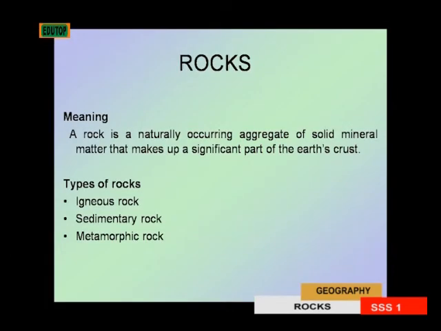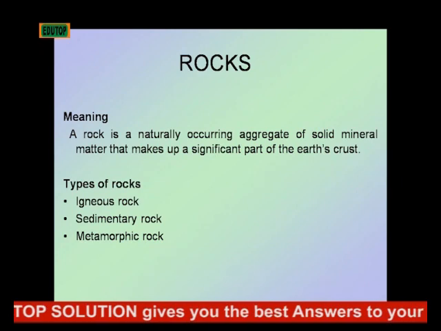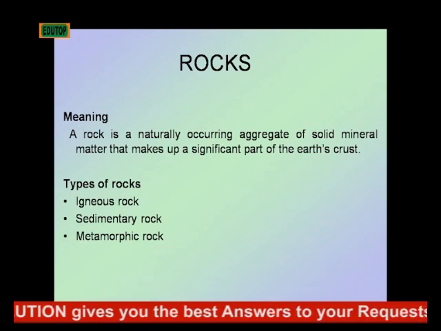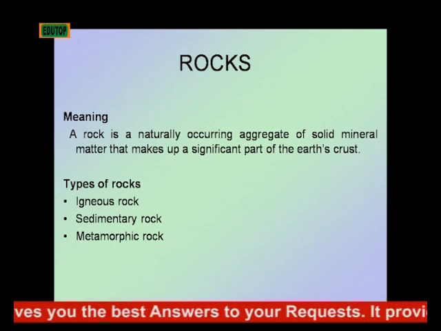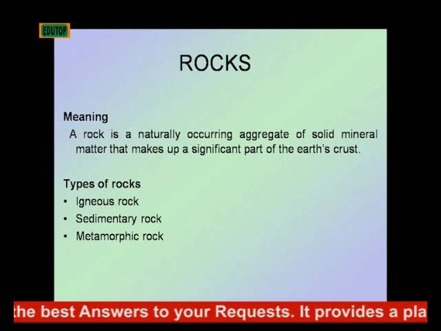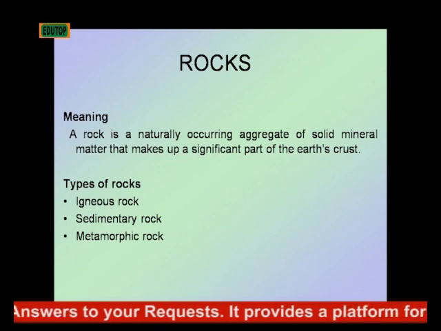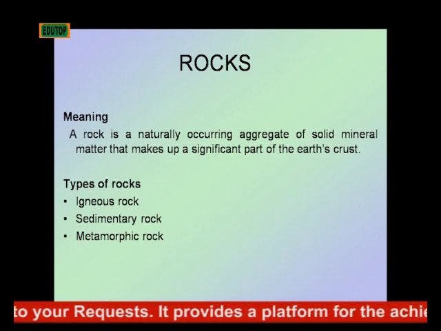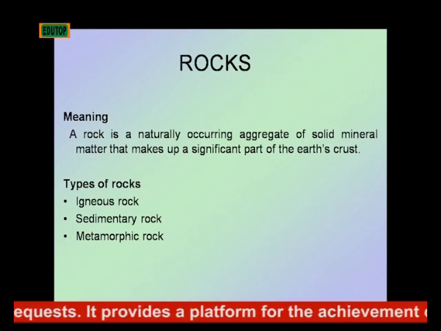Rocks are naturally occurring aggregates of solid minerals that make up a significant part of the earth crust. By this I mean that they are found in